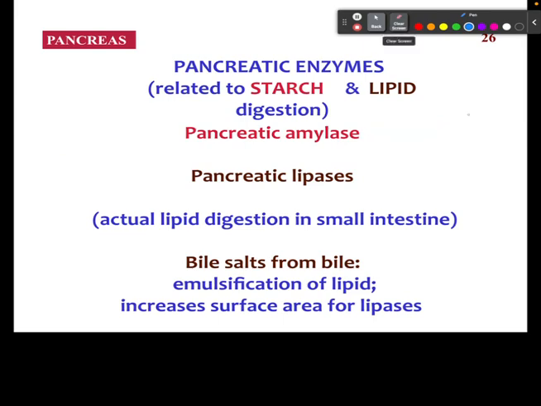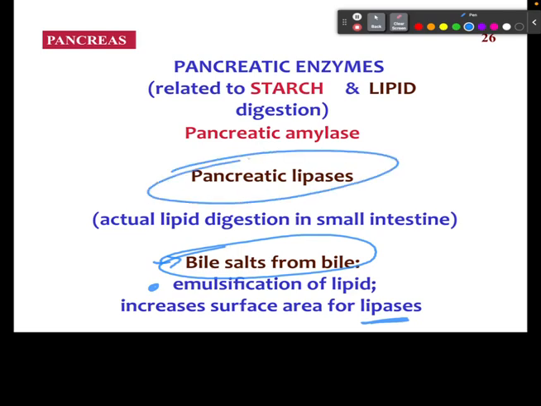So with that said, when you're talking about lipid digestion in the small intestine, primarily this is done through the emulsification of the lipids using bile salts from the gallbladder, right? So the gallbladder is going to release bile, and from there it's going to help to emulsify, or in other words, stretch out, if you will, the lipids. They have more surface area for lipases to break down. So really, you need both of these things